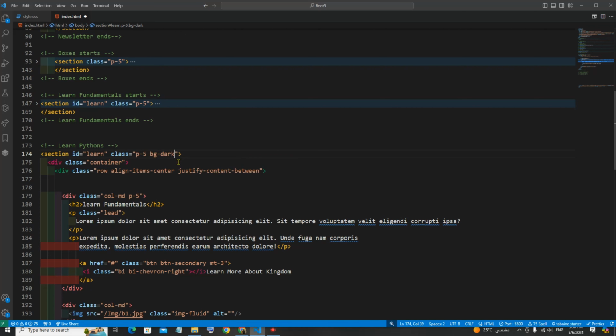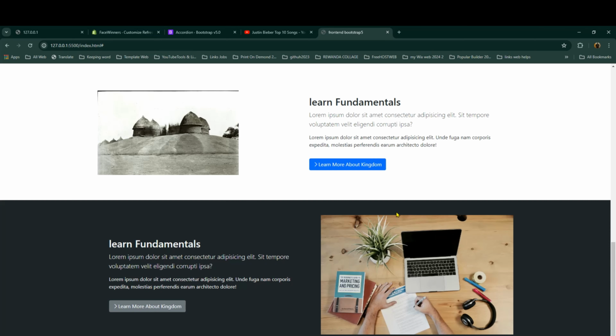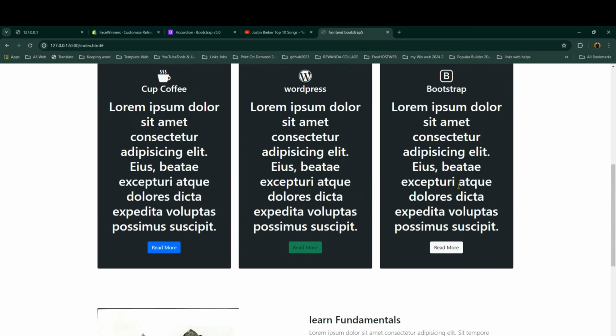Yeah, I like it. In text, we'll change this text to be light, right? Text to be light. Yeah, perfect, guys. So we did a great job here this time. So as I said, I want to change this color instead of light,